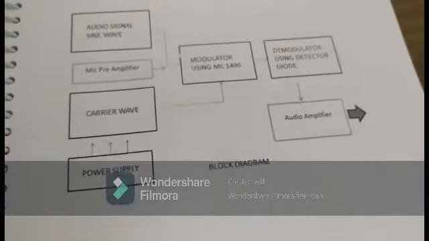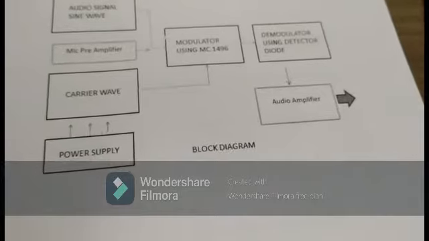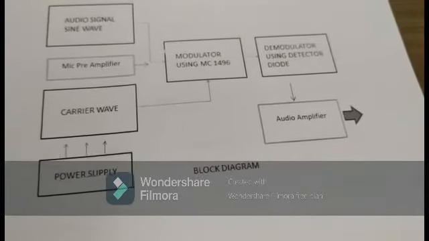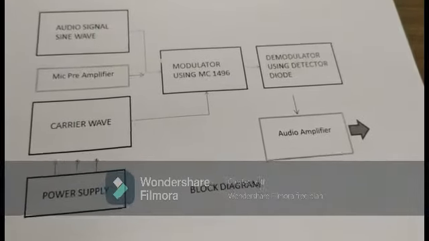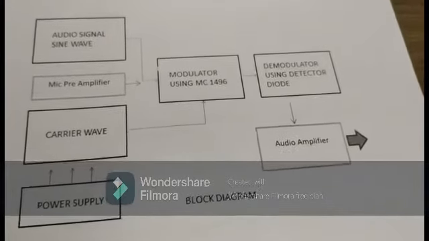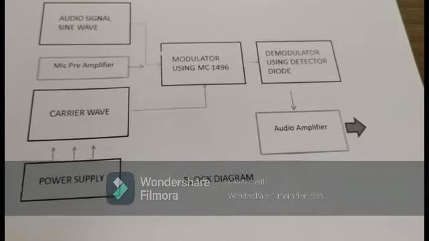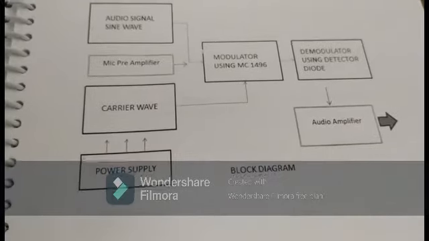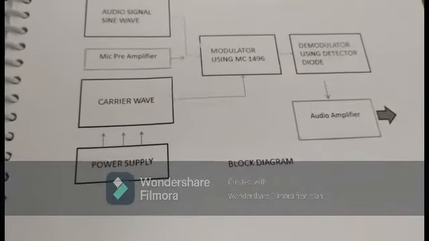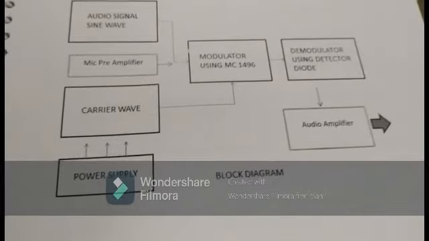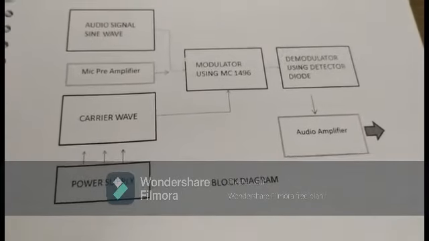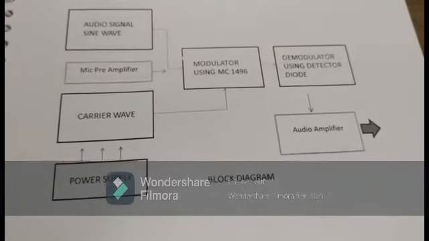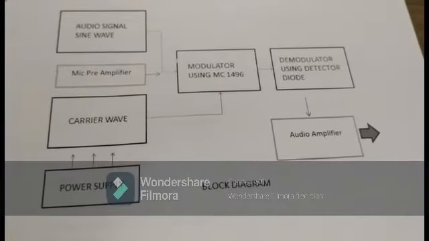Then for the demodulator practical, the output of the demodulator circuit is given to the diode detector, and we need to measure the waveforms of the diode detector, again measuring the amplitude as well as the frequency of the demodulated wave and the modulating signal, and verify whether both amplitude as well as frequency are the same or not. At the time of practical, we have observed that the frequency and amplitude of the modulating and demodulated signal are the same.